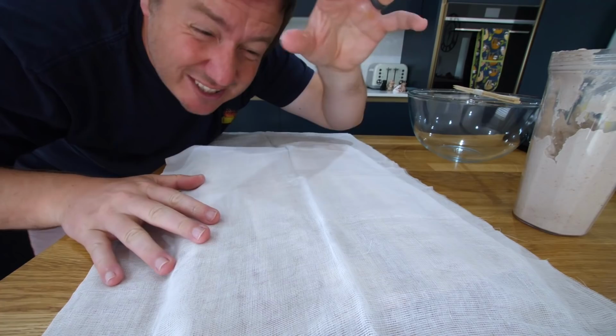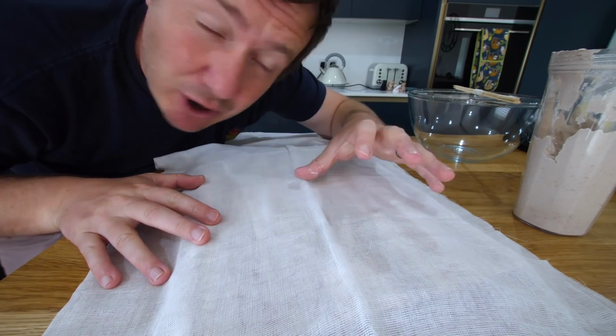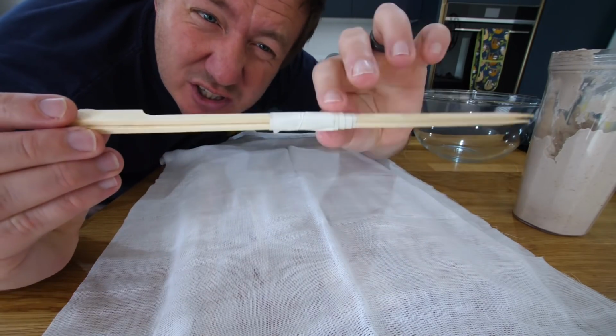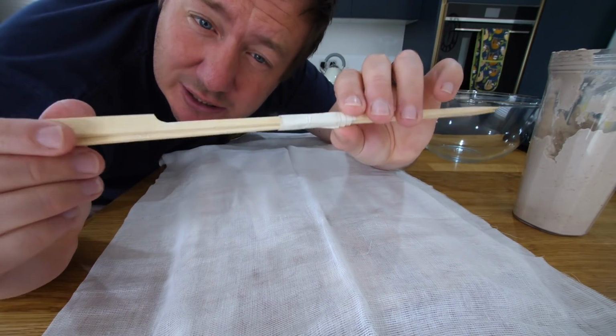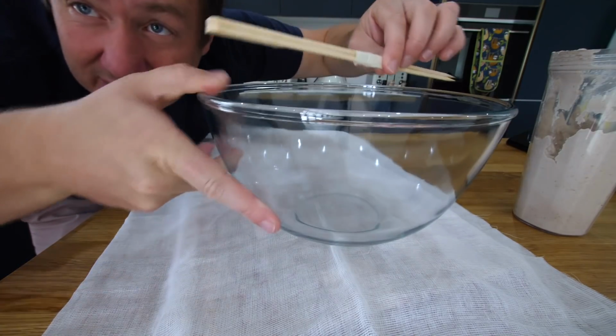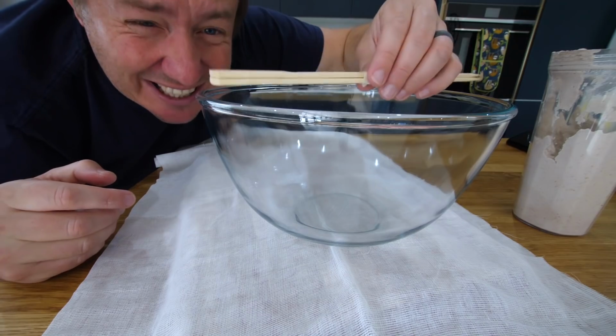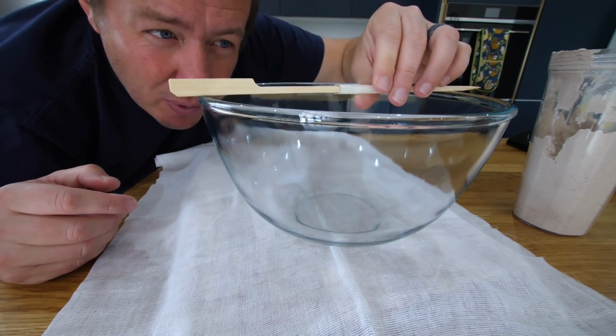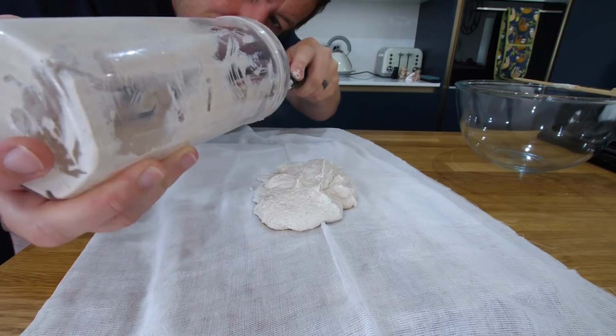As we place the contents down, we've got to hang it overnight, right? So I've just come up with this idea. I've got 2 bamboo skewers. I think one would do it. I just tape them together to give it a bit of strength, and they've got square edges, they're not rounded, so they potentially will not... Oh my gosh, that's a good start. They shouldn't roll off the bowl, but I don't know if there's enough height there. But all being well,